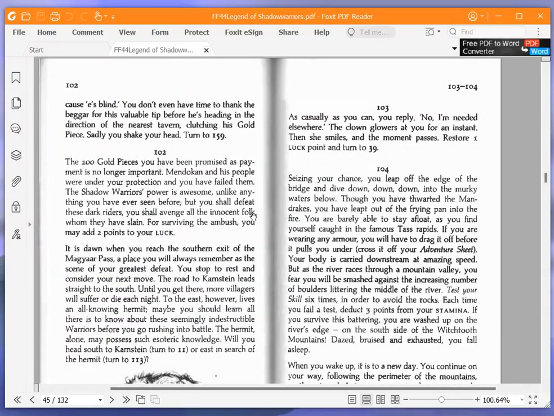The 200 gold pieces you have been promised as payment is no longer important. Mendoken and his people were under your protection, and you